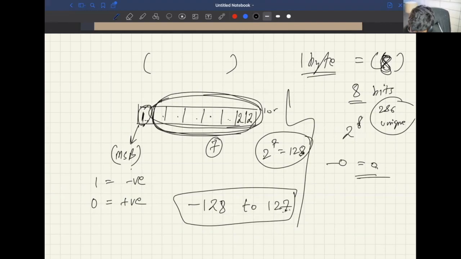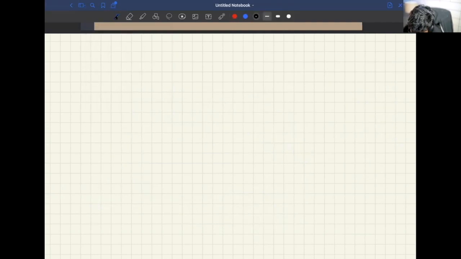So for example, if this was confusing, then don't worry. We can now learn about 2's complement. The question is, why does 2's complement work to find the negative of a number? Let's first think about what is 2's complement. If you want to find a negative of a number, let's say 0, 1, 0, 0, 1, 0, 1, 1, you need to find the negative of this number.